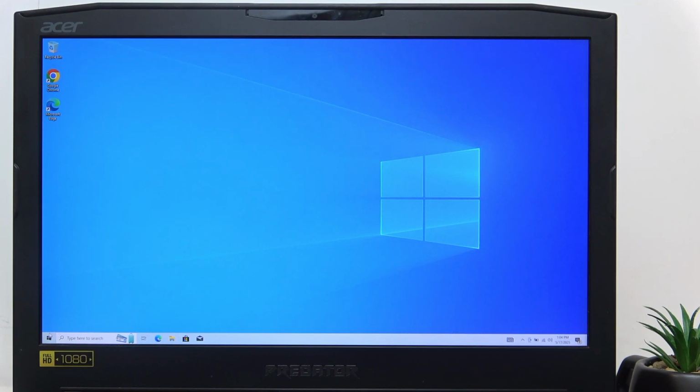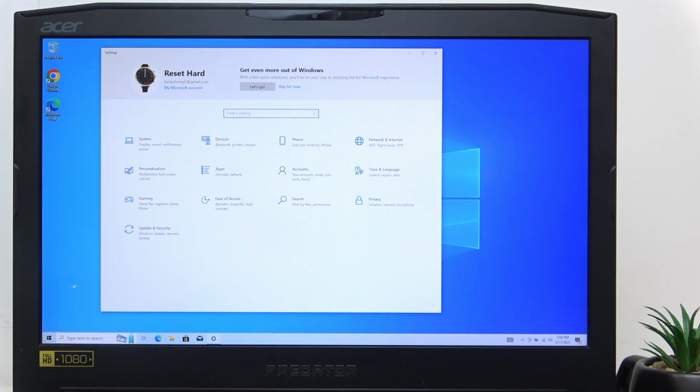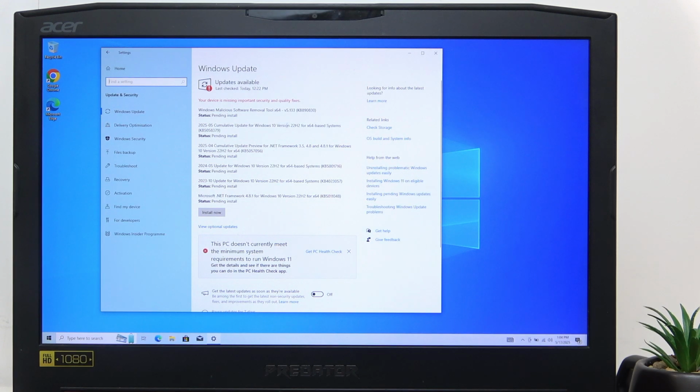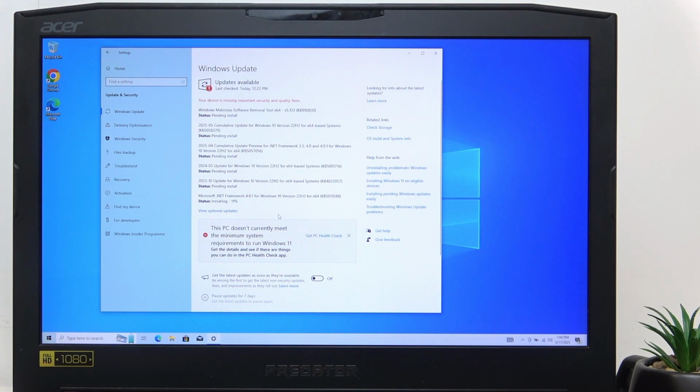In order to update Windows, go to the settings, then go to update and security. Now you may need to click on check for updates, but you can see that I have already downloaded the updates. So I just need to click on install now and wait until they get installed. Sometimes you'll need to click on download and install or other stuff, and you can see that it's installing right now. I'm just gonna wait until they get installed, and in some cases there's a chance that they will